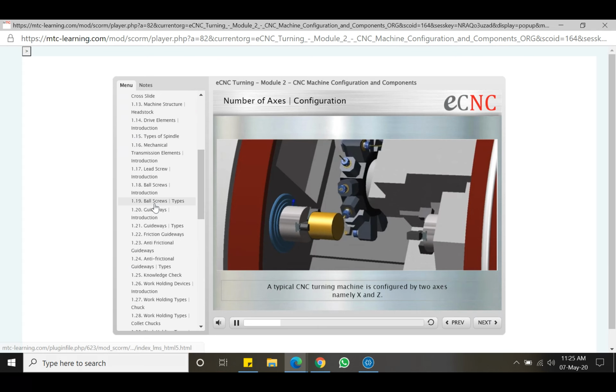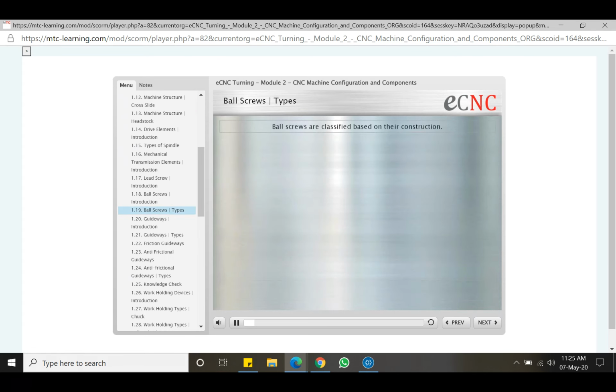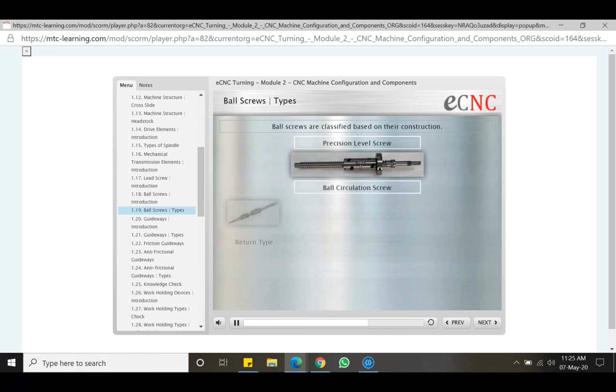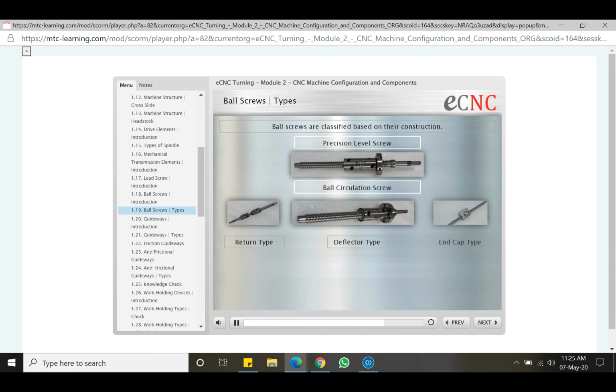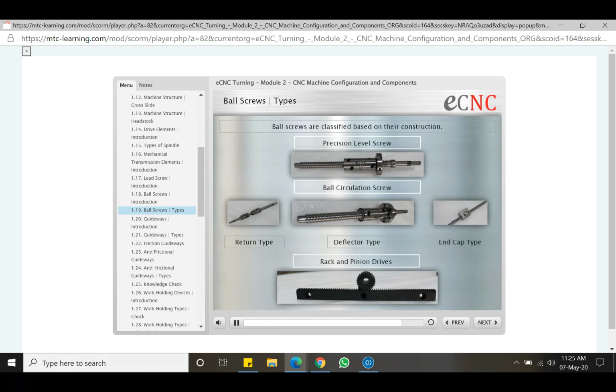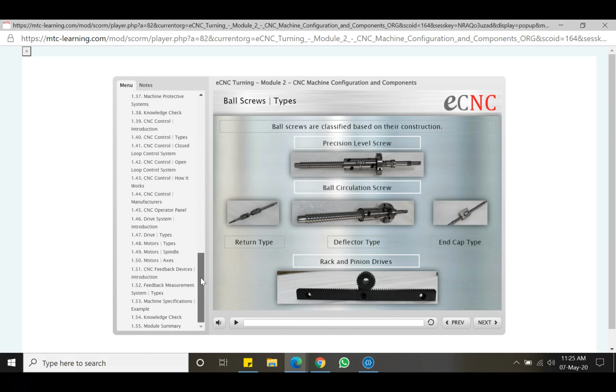I would also like to take you through, for example, ball screws. Ball screws are classified based on their construction, as we can see here. Precision level screw, termed thus because of its precision level and application, ranges from C0 till C7. Ball circulation type is subclassified into return type, deflector type, and end cap type. Rack and pinion drives are particularly suitable for longer strokes. So, this just tells you what the different types of ball screws are. So as we move,